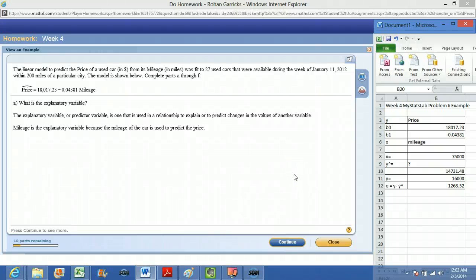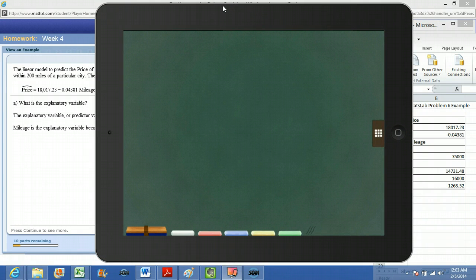So this is a brief example from week 4. The linear model to predict the price of a used car from its mileage was fit to 27 cars, and they gave us the equation that governs it. Now, if you recall the equation